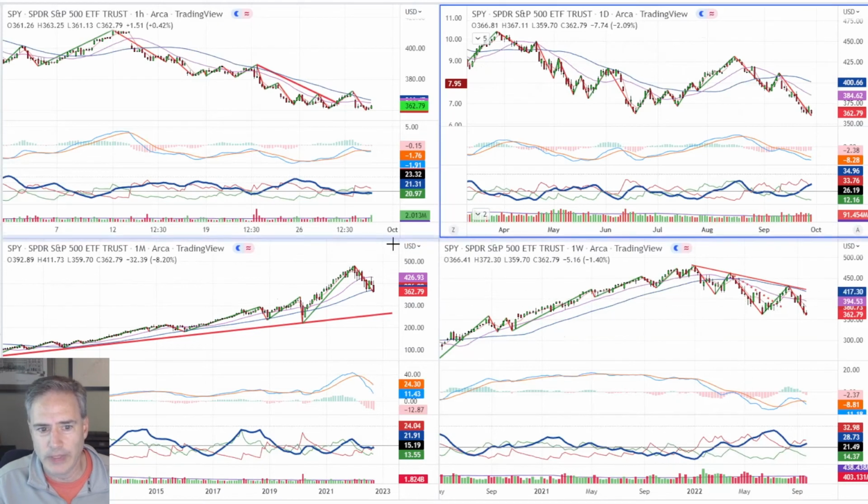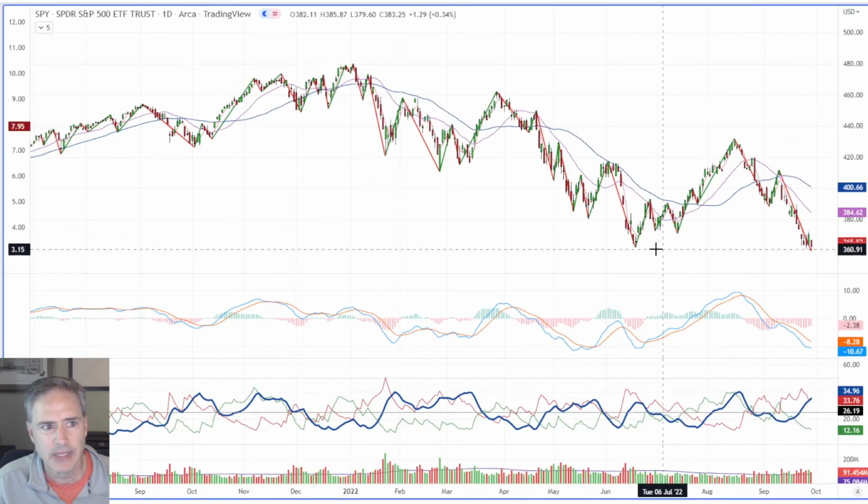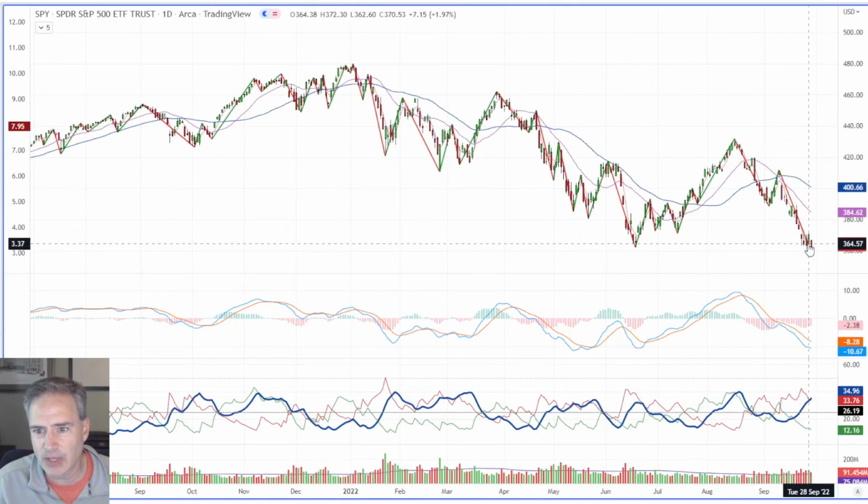So we know the 18-month is rolled. We know we've got some support coming down here, 340, 350. And we know this trend is down. But if I'm going to take a trade on a reversal, it's going to have to show up on one of these 2 time frames, right? So if I look at the daily chart, we've got a downtrend in place here, and we're testing this low.